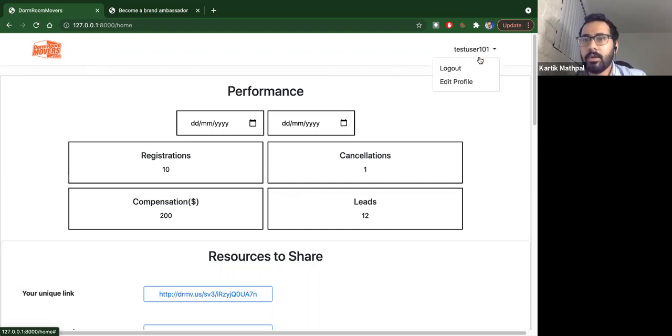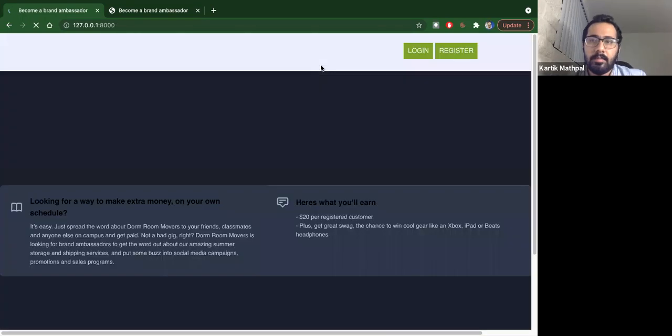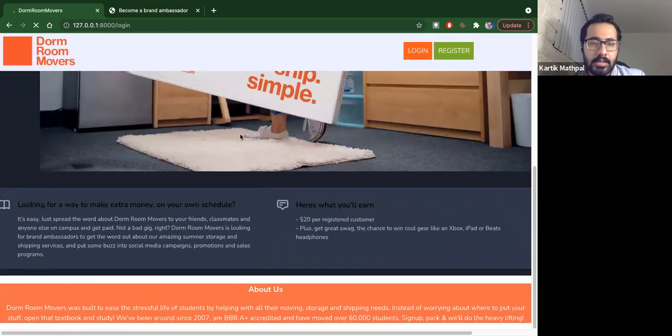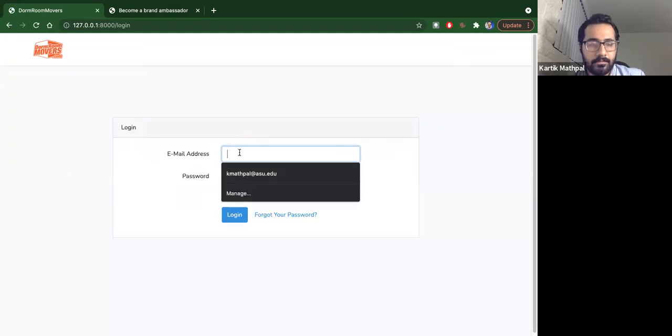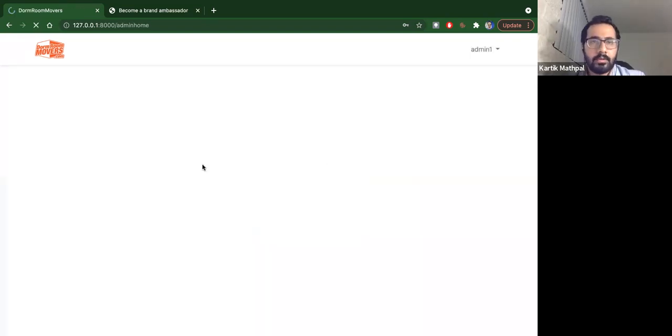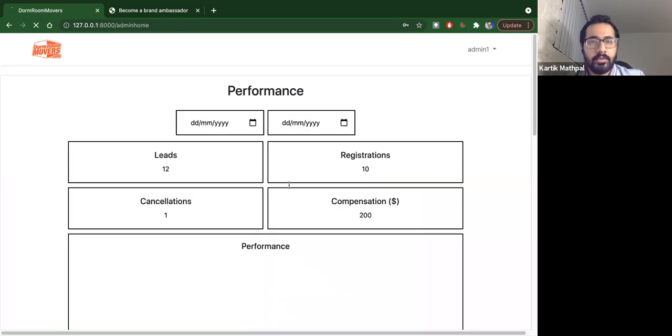Now we also have one more stakeholder called the admin. So I'll quickly jump on to the admin's view. If I now log in as an admin, so admin is like a super user.